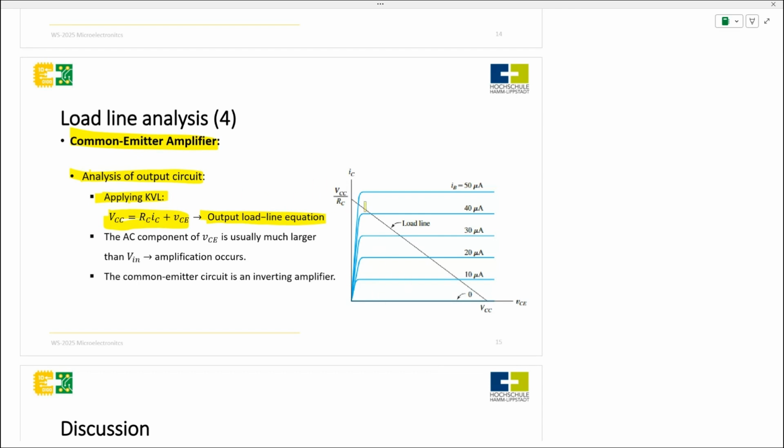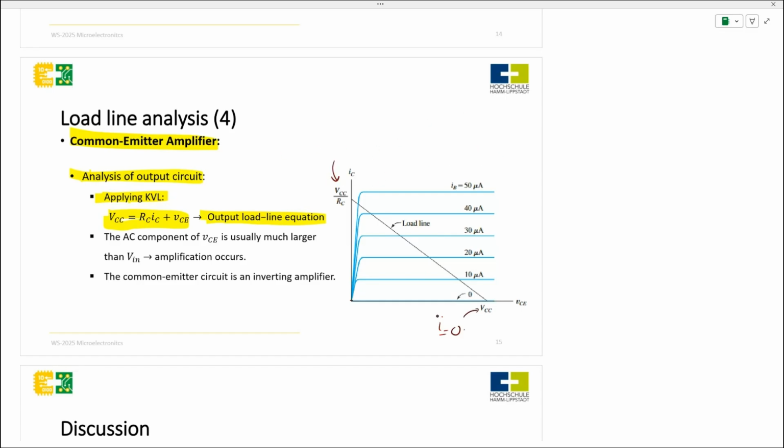the same for this, when VCE equals 0, we put VCE equals 0, and we're going to find out that, when we put IC equal to 0, when IC equals 0, VCC equals VCE. And when VCE equals 0,